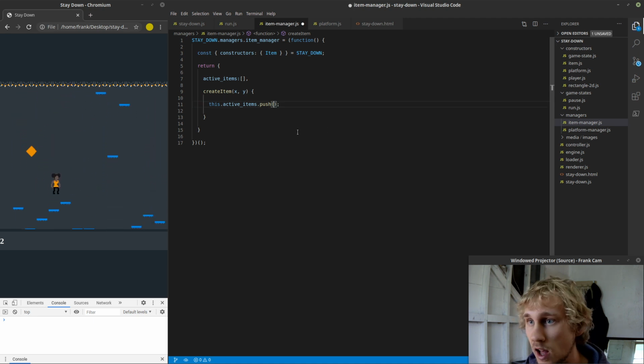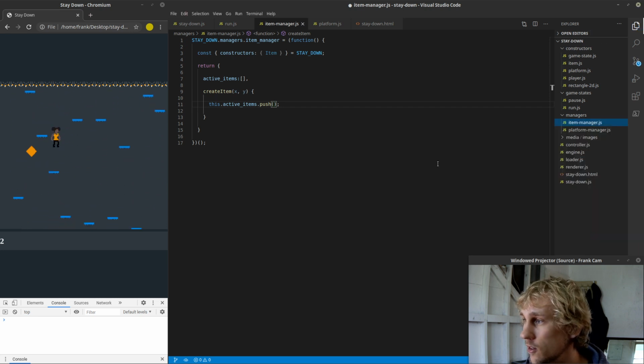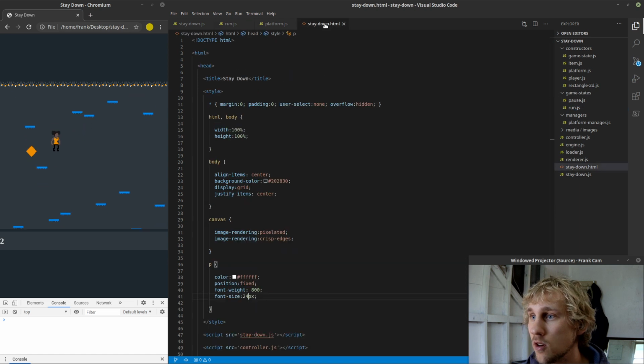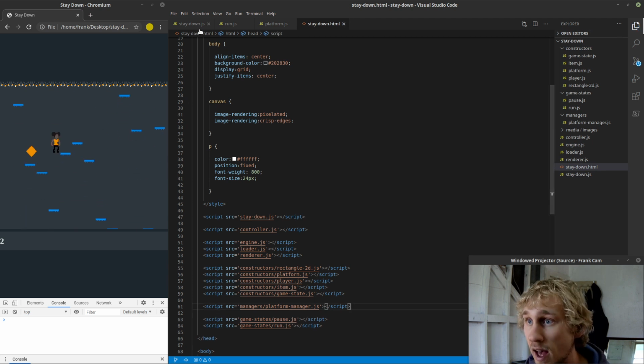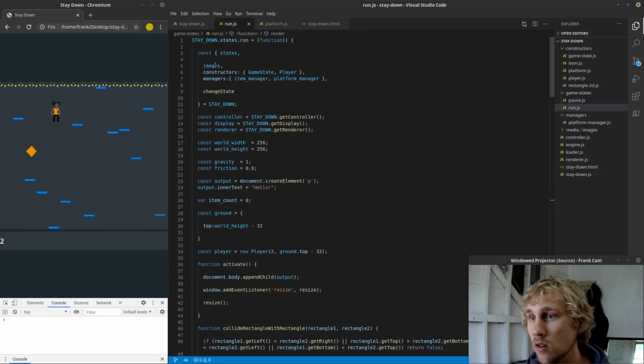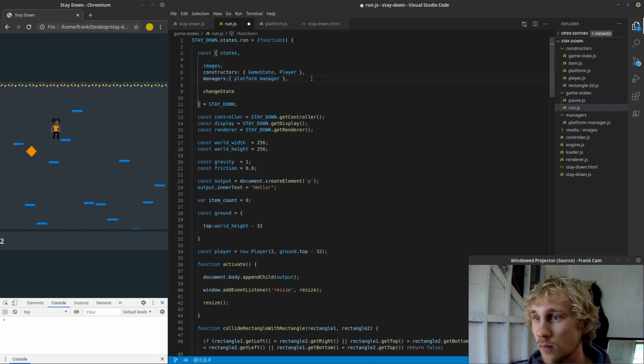take out this line, completely delete the item manager, cold turkey, go over to our HTML, get rid of the item manager. I'm going to do the same thing to the platform manager in a bit, save that, come back to run, get rid of the item manager here, so we're no longer